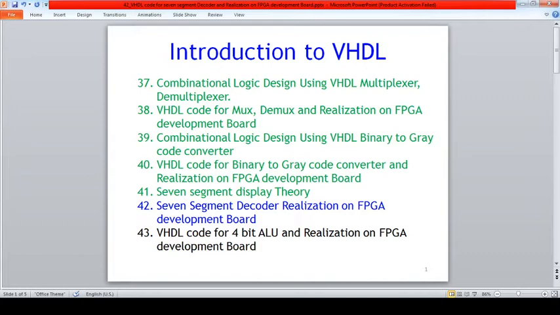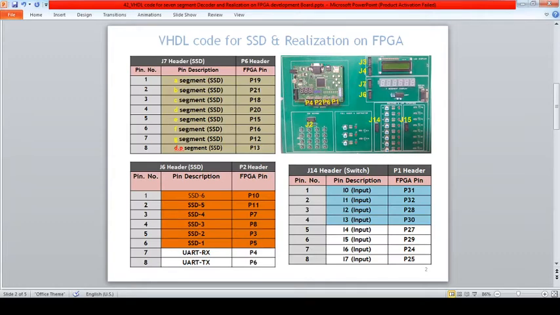For that implementation we have written a VHDL code, simulated it, synthesized it and generated a bit file. In today's lecture we are going to use that bit file, program it on the FPGA, and verify it on the development platform. So let us start. I am just giving an overview of how we are going to validate the